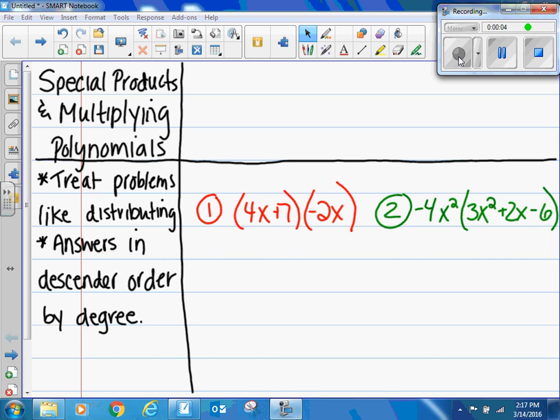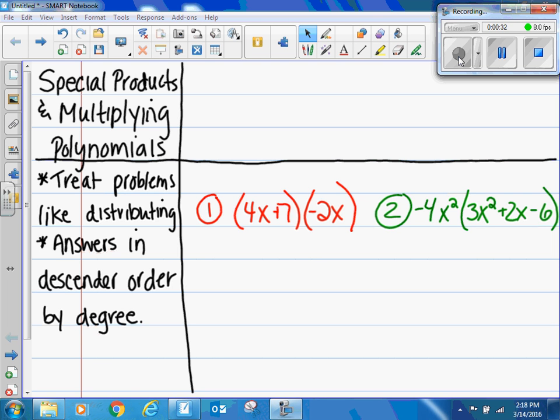Today's video is going to be about special products and multiplying polynomials. So in the first couple of examples, we're going to look at when you're multiplying a monomial against some other polynomial, whether it be a binomial, trinomial, or so on and so forth. The important things about this I've already marked on the side. First thing is you're going to treat problems like distributing. We're literally going to distribute something inside to another